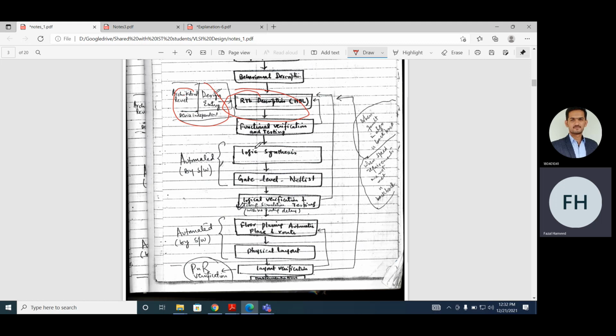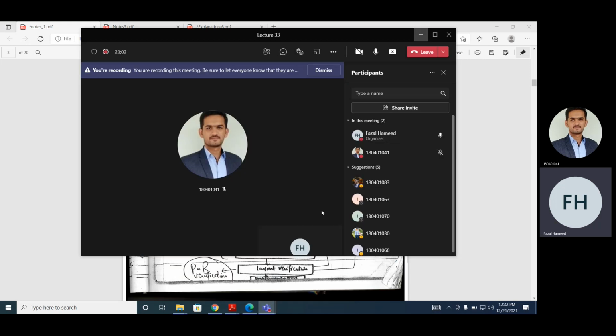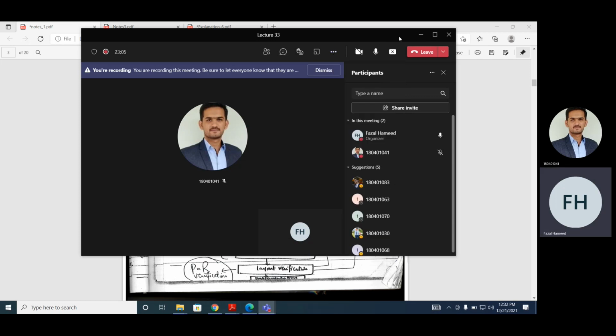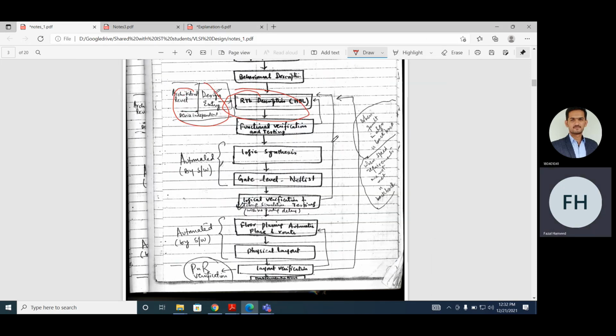Let's assume you want to instantiate an adder, and it's an 8-bit adder. If the input is 5 and the input is 9, what will be your output? 14. So the output should be 14. This is called functional verification. In functional verification, you verify whether the functionality of the design that you intend is correct or not, and you do not consider any delay. So in the functional verification, you do not consider any delay. You only check the functionality of the design.